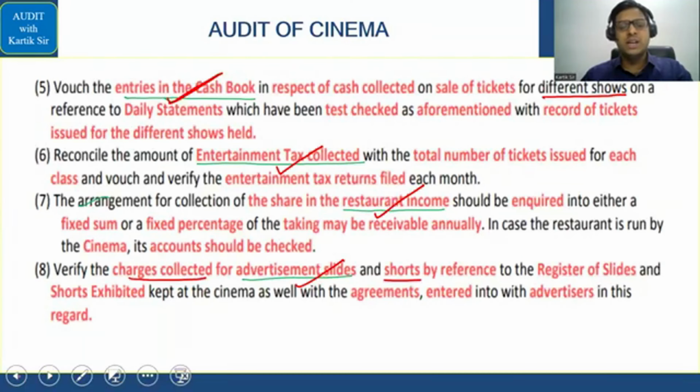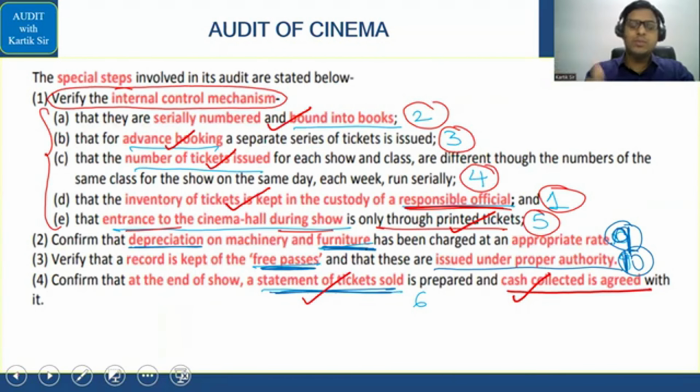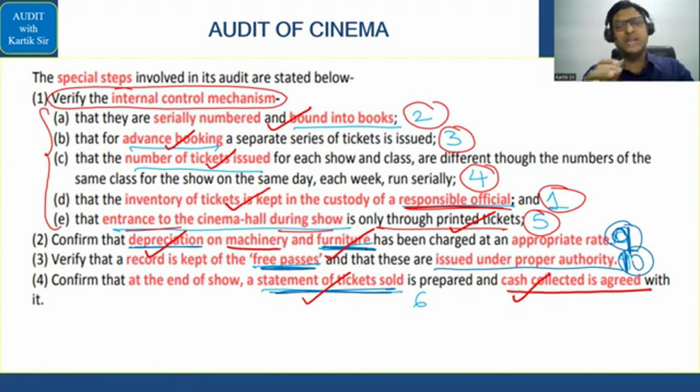So you lie down on your seat. And when you lie down on your seat, the seat breaks because the furniture is completely depreciated. So machinery and furniture depreciation याद रखना. Machinery मतलब क्या हो जाएगा यहाँ पे? The projector जो cinema hall में लगता है, या तो फिर the sound system that is there. All this will come under the machinery part. AC will come under machinery part. And furniture is basically the seats which are placed.